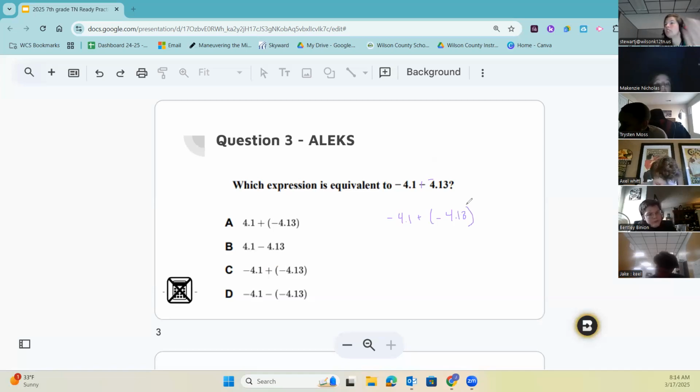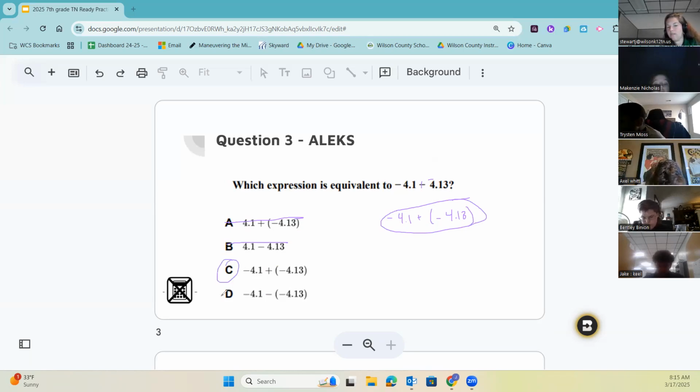So I haven't even looked at my answer choices yet. But I'm finding an equivalent expression, which means they probably want me to change my subtraction to addition, which means I have to change my positive 4 and 1300ths to negative. All right. So now I'm looking through here and I'm finding an expression that looks exactly like this. So negative 4 and 1/10, not A, not B, plus negative 4 and 1300ths, plus negative, so C